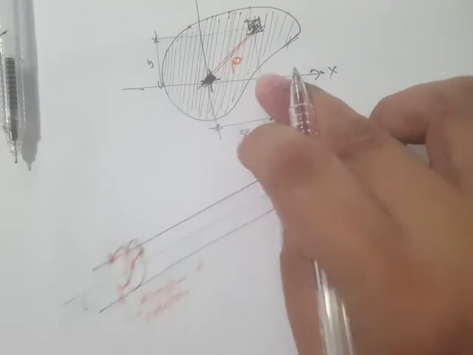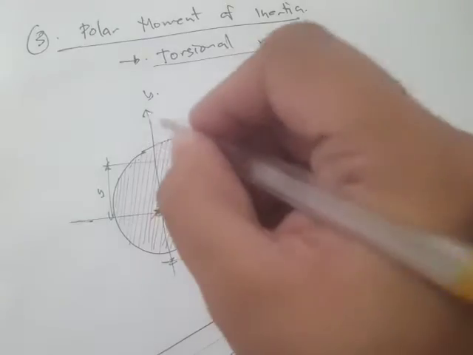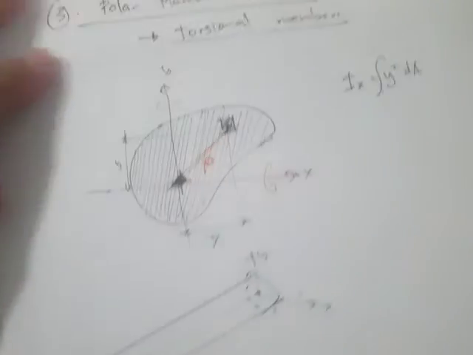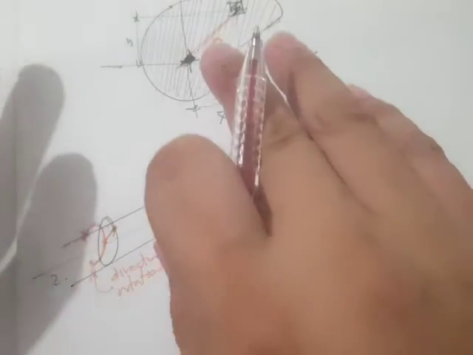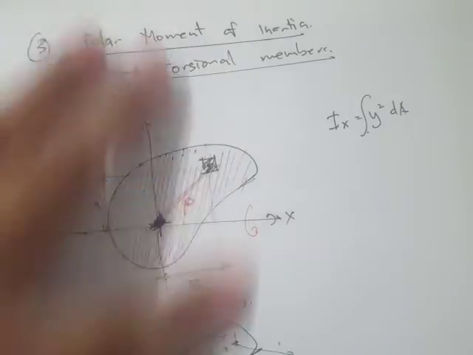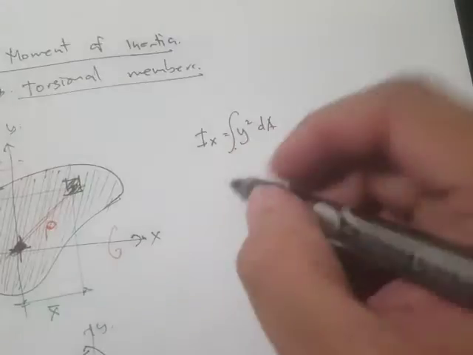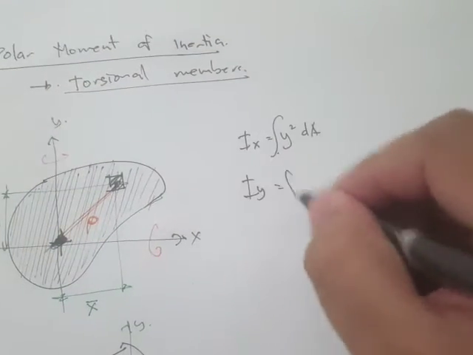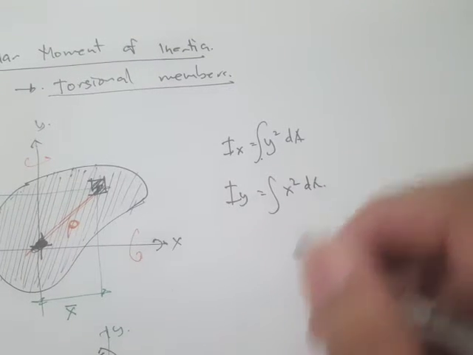Whereas this one, the direction of rotation is along x, right here, and this one is along y. Except that this rotation has a specific name, and that's torsion. So if that's the case, then if we write the moment of inertia along the y, which is x squared dA, you would notice right here